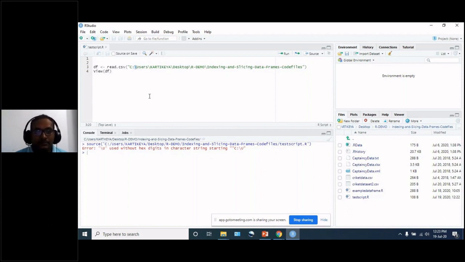As I showed previously, if I want to calculate a matrix multiplication, we use percentage star percentage like that. For the pipe operator we use a different syntax.